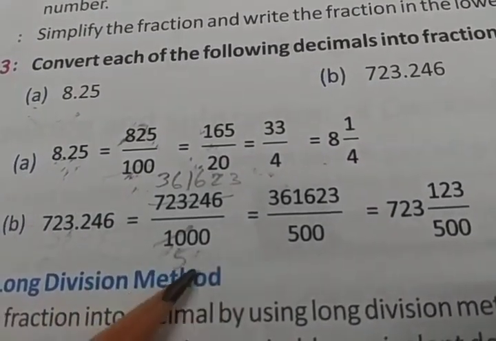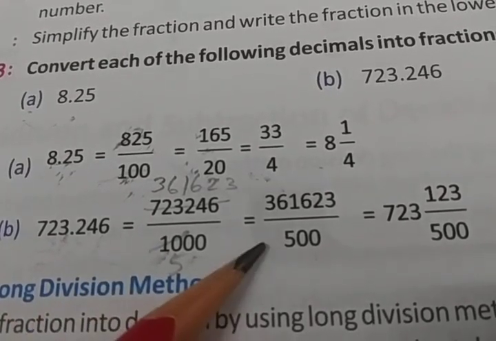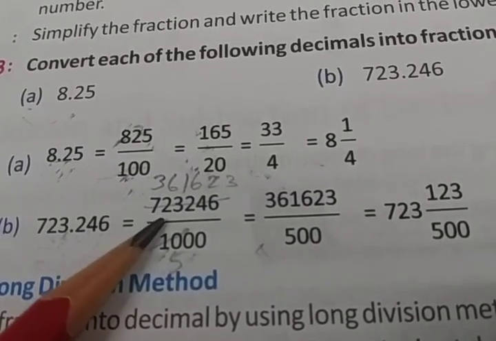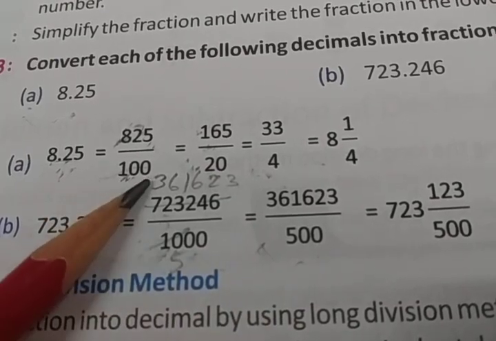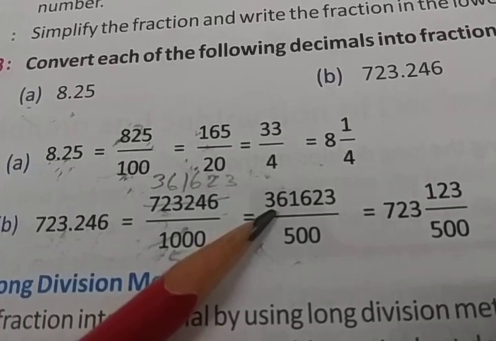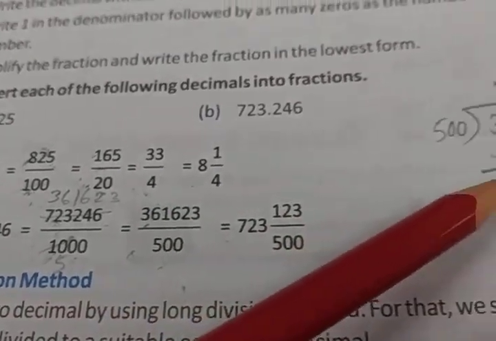Now we have to give this answer in the simplest form. Okay. By doing the division we can give this. This number I have taken by 2. Okay. 2 5s are 10, 0 0 here. And again 2 3s are 6. You divide this number by 2. You will get this number. Okay. And then further divide this. You can see here the division form.